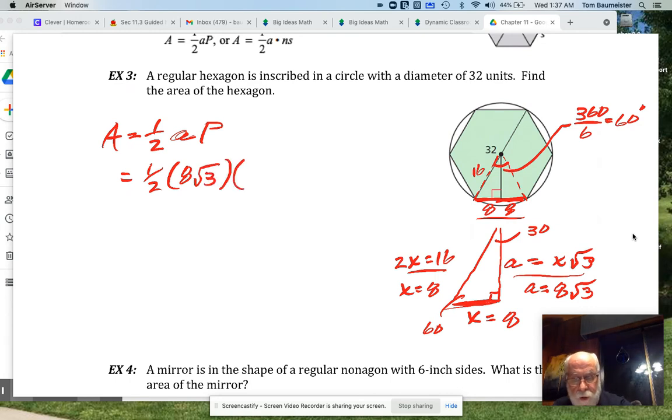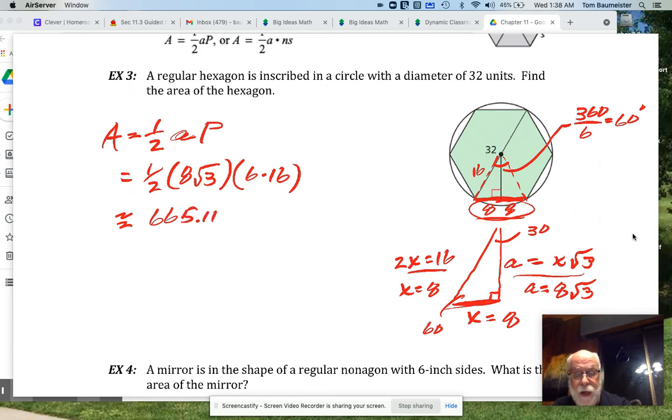And then our perimeter, that total length there is 16, right? So we're going to have 6, which is the number of sides, times 16. All right. And if you plug that into your calculator, you would find that you would get 665 and 11